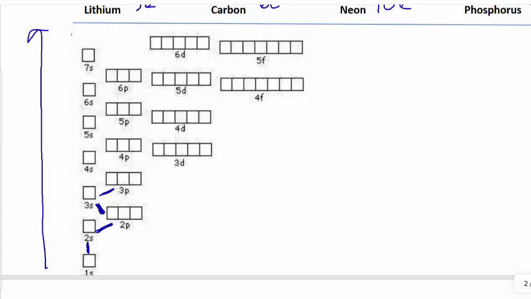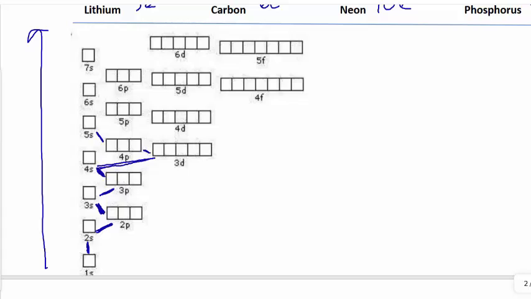Now, in the third energy level, there's a d subshell. But if you look at the order going up, the 4s is a little lower than the 3d. And so there's this pattern where we're not going to go to the d or the f before we fill the s first. So we're just going to connect these. After 3p, we're going to go 4s, and then from 4s we'll go to 3d, and then from 3d we'll go to 4p,